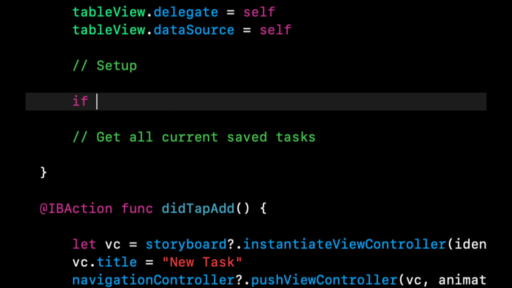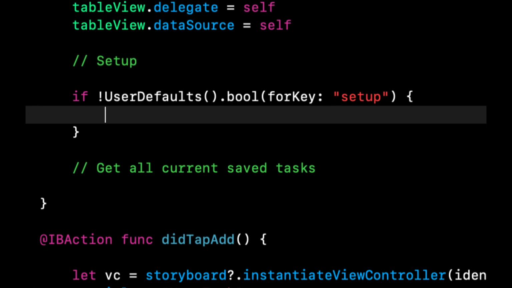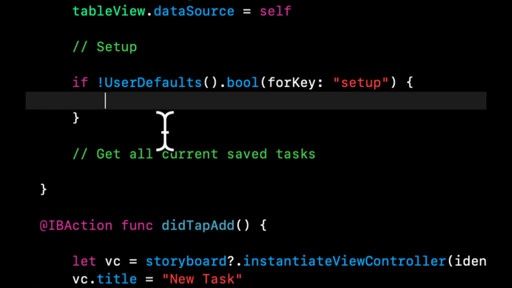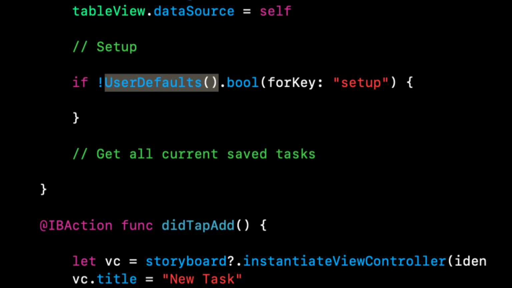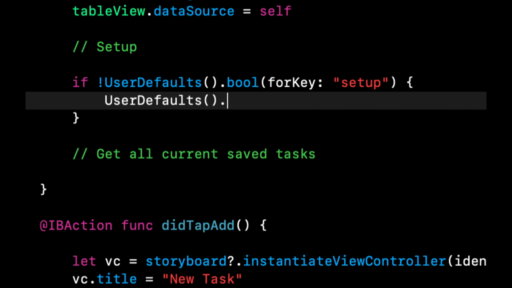We're going to say if this isn't set up, in other words, if this is false, we want to set up some initial defaults. So by default, we have 0 tasks. So we want to save 0. So we're going to say UserDefaults set